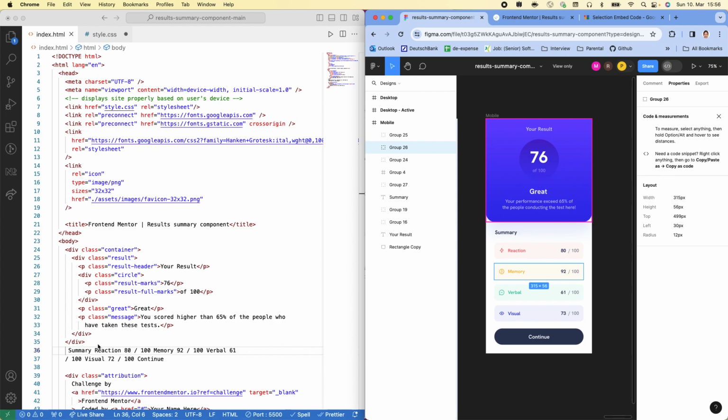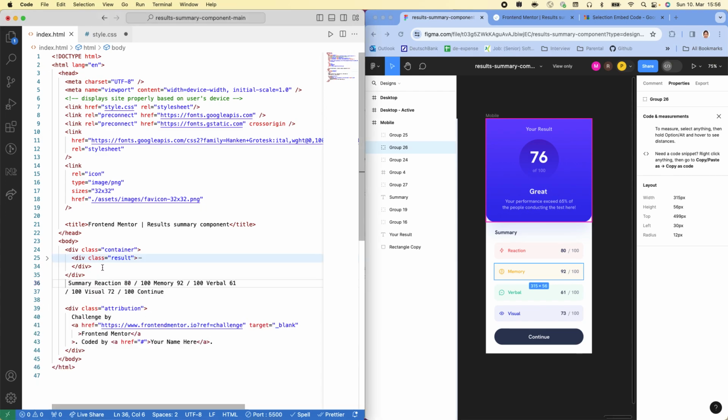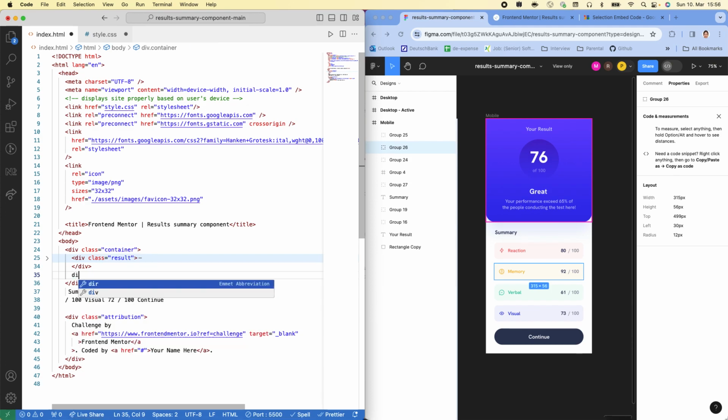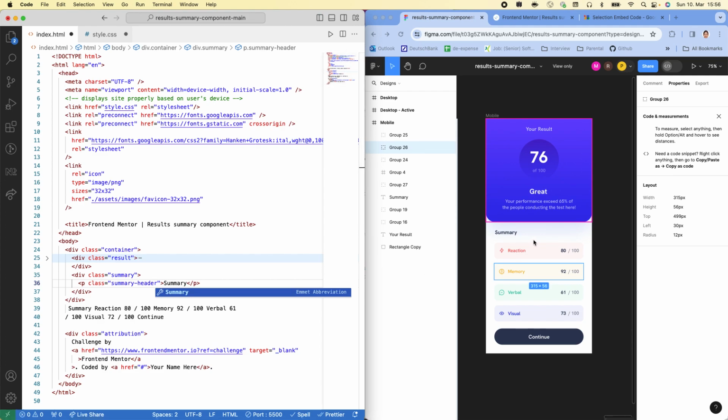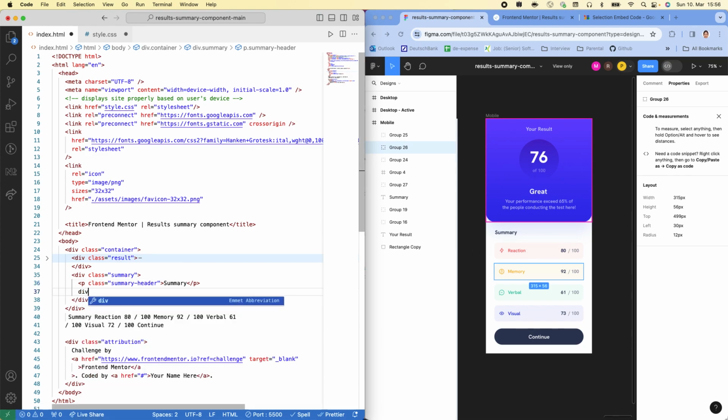In the summary section, we have another header which says summary-header, the class name that I have been using. This is summary. And next, whatever is the entire content, I will put it into a class named summary details. And in the summary details, what we will be using is each of these portions, that is the